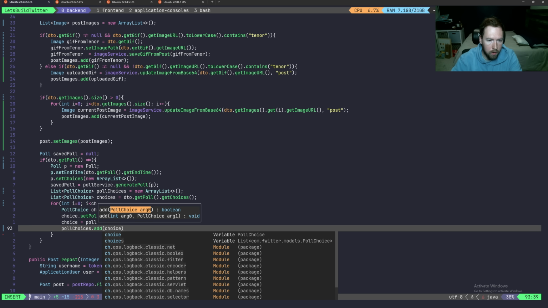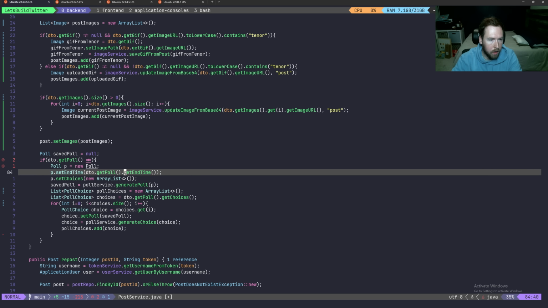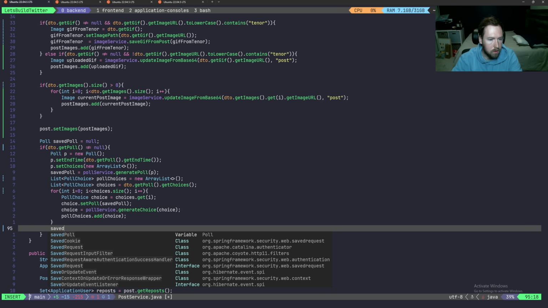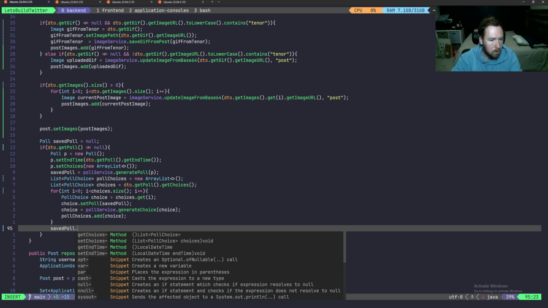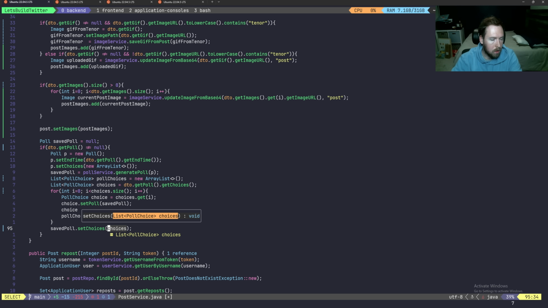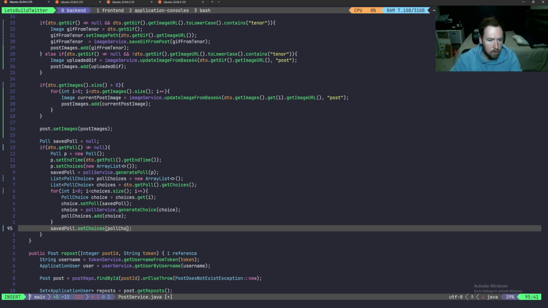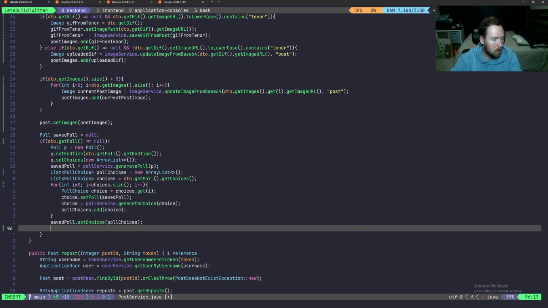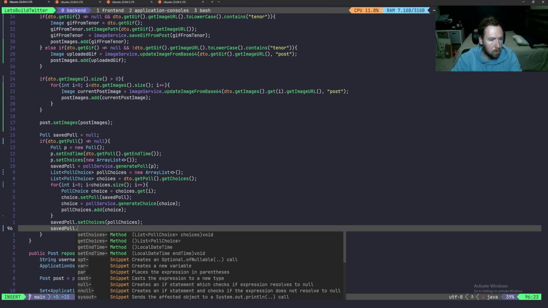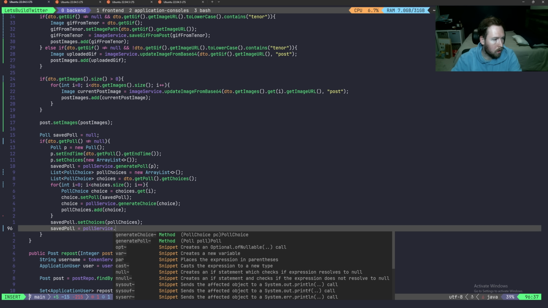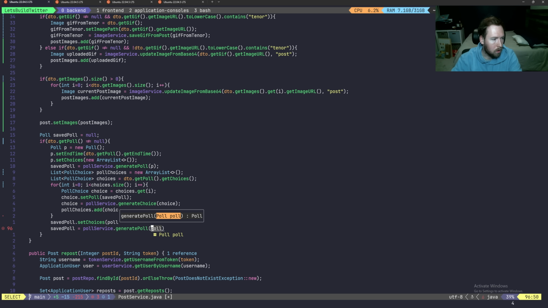So basically we're going to go ahead and save each poll choice. Okay, that's fine. We need to make sure we actually do that. Make sure nothing else is mad and not equal to null. We're going to have our saved poll dot set choices, pass in those poll choices, and then saved poll dot is equal to poll service dot, and then we're going to go ahead and generate poll with our saved